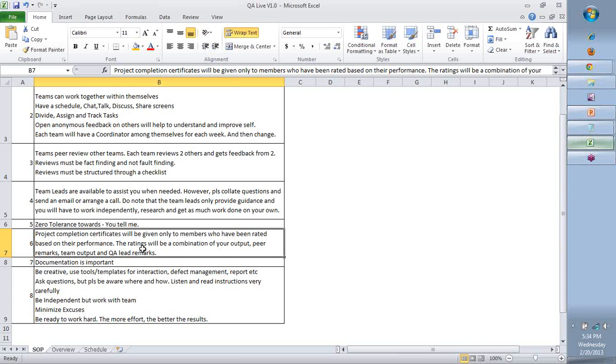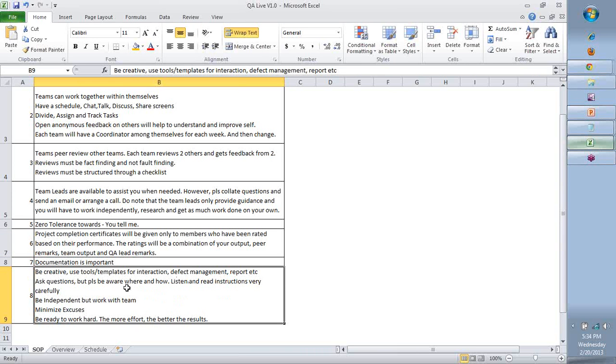These are the things. It is not the number of test cases you write. It is not the number of defects you have found that is going to tell how good a software test engineer you are. It is the entire output that you do: your documentation, the specific challenges that you undergo and overcome, how you're working in a team. All these things are important.